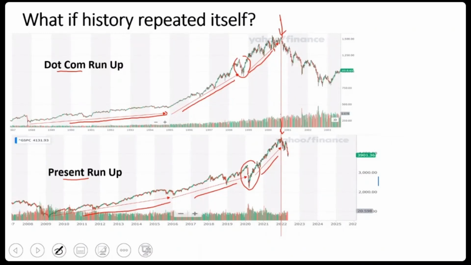Okay. So if I were to just take this, again, this is not what we call a forecast, but this is just to give us an idea of potentially, if it repeated itself, what could happen. So what I do is basically the previous crisis, the dot-com run-up, actually retreated 50%. Okay, bear that in mind. If I take that pattern, as you can see, I've drawn this dotted line here, and I bring this pattern down, what you basically see is this is if we suffer the dot-com situation again, we could be seeing something like this.